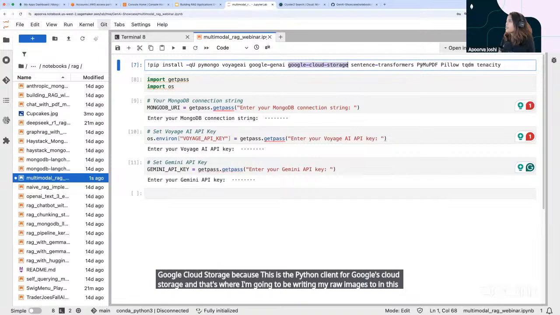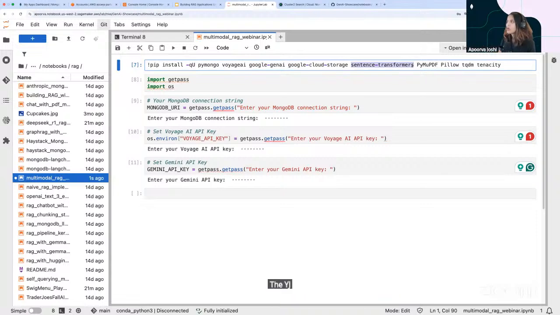And then we have sentence transformers. So we are also going to be comparing the Voyage AI VLM-based model with a clip-based model,